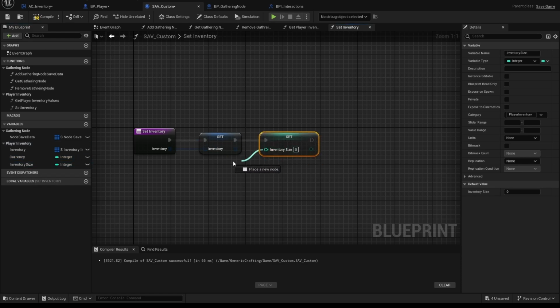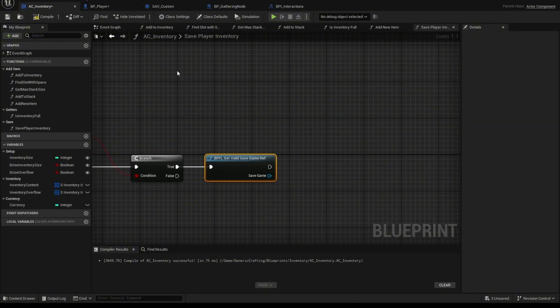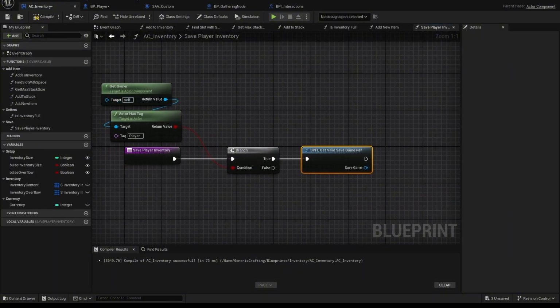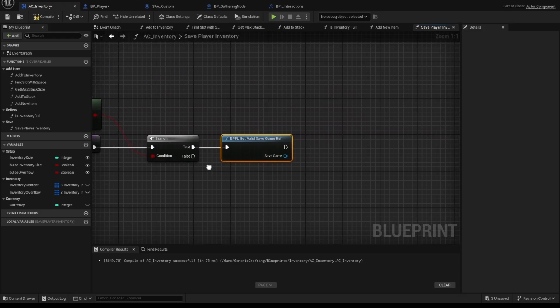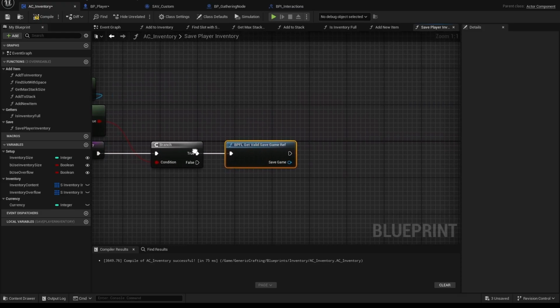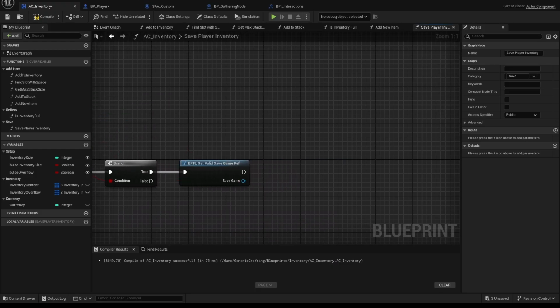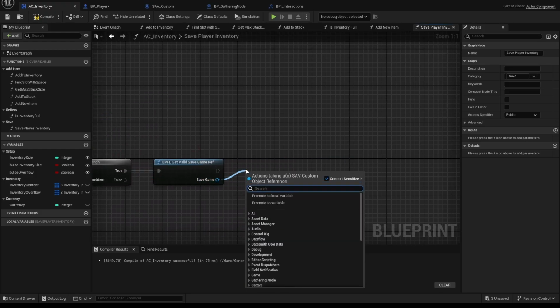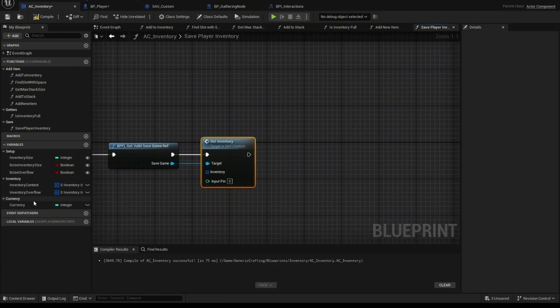If you wanted to also save currency here, you could, but we're going to save currency separately since it does other things. And we're going to have probably 3 or 4 different types of save game events inside of our actor component to do different things based on what we're doing in the game. So one's going to be save all inventory values. One's going to be save currency probably, and obviously we have save player inventory. And this is only going to save the player inventory, so that means nothing else has changed. We only picked up an item, so all we need to do is